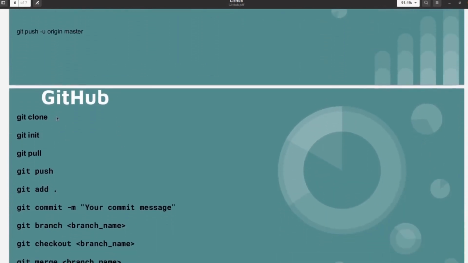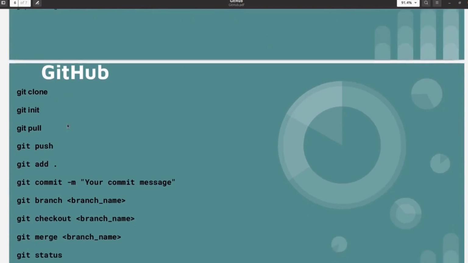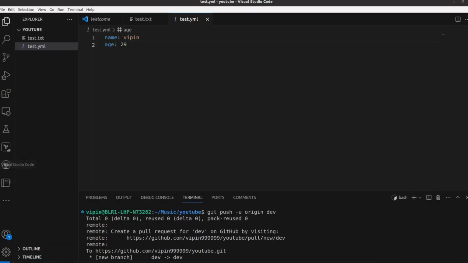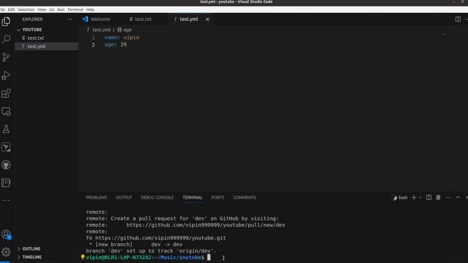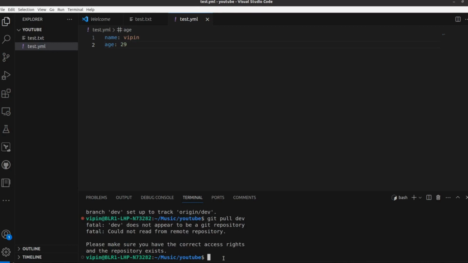Git clone, we have already seen, is used to clone any repository. git init initializes the repository, and git pull pulls whatever code you have on that specific branch. So let's see git pull with the branch name dev.